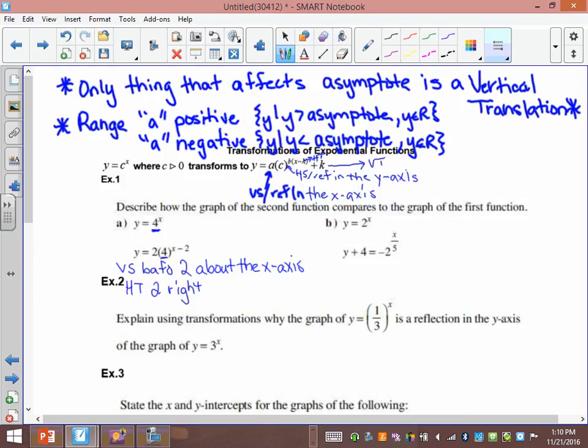Now this one I find always seems confusing because of the way it's written, but if I wrote it in a different way, everyone would get it correct. So this negative is just sitting out front. It's like a -1, because I have to compare my bases to be the same, correct? So I can't look at a 2 and a -2 base. So this base 2 has to be base 2. So this technically is y plus 4 equals